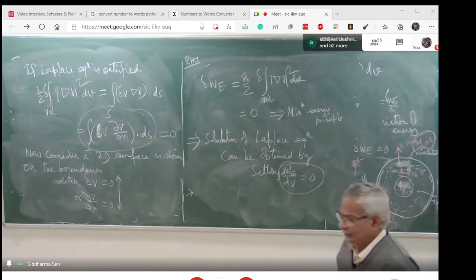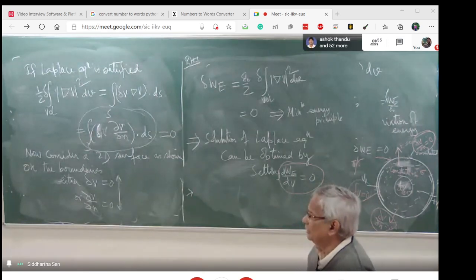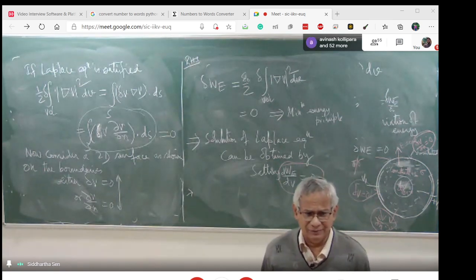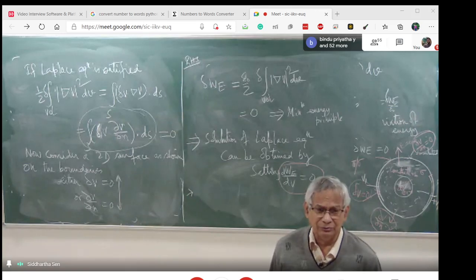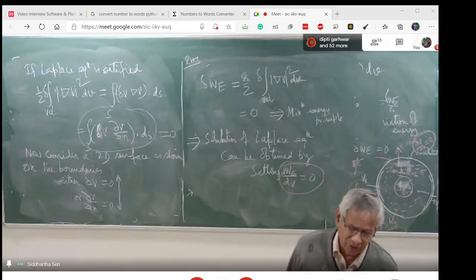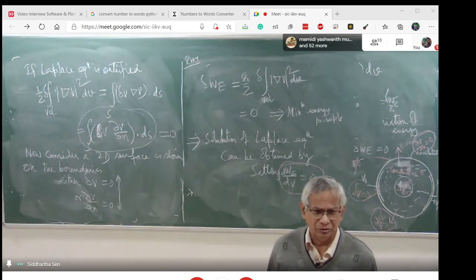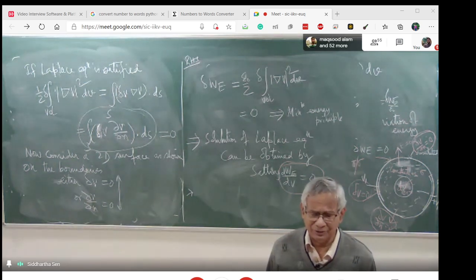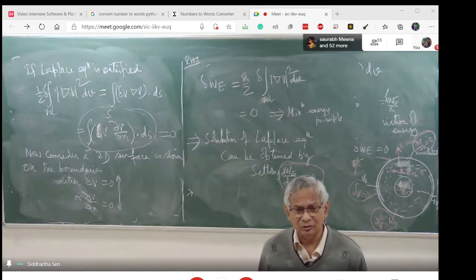And mind it, this minimum energy principle is valid not only for electrical systems, but for all structural systems, mechanical, electrical, or even microelectromechanical. Whether it is a civil engineering problem, a mechanical engineering problem or an aerospace engineering problem, we solve those equations. So the Laplace equation is always satisfied, and then we can always solve it.